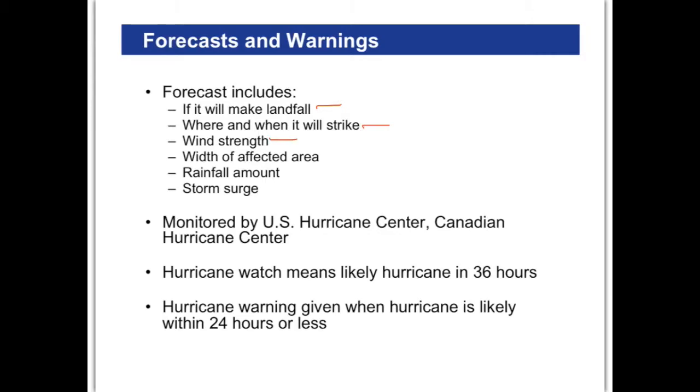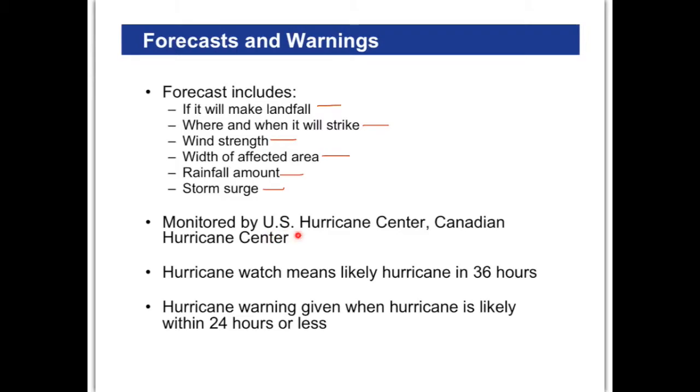Wind strength, how big the hurricane is, how much rainfall. Also, how fast it's tracking. If the hurricane is tracking very slowly, that rainfall is going to affect a lot more because it's going to have all that rain in one area. And also whether or not there's a storm surge, in most cases there is, and how big the storm surge is. So all these are parts of forecasts when it comes to hurricanes and cyclones and extratropical cyclones.